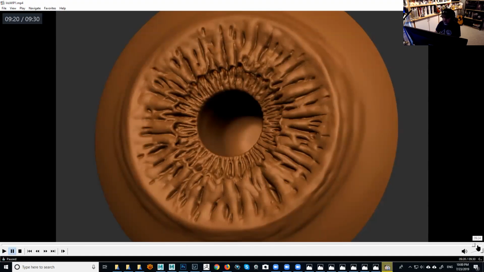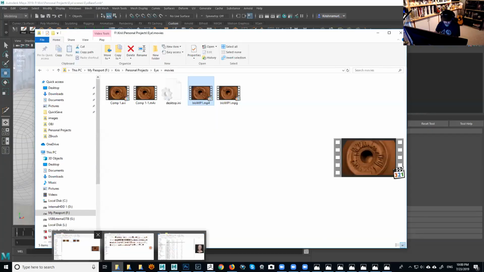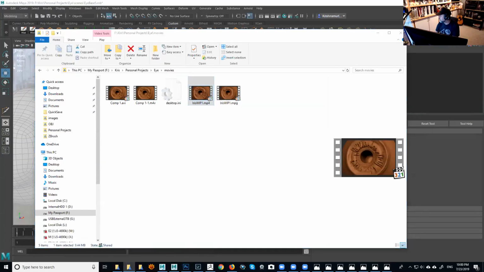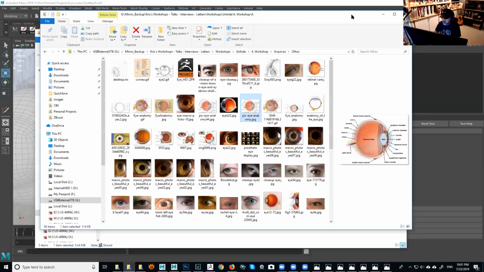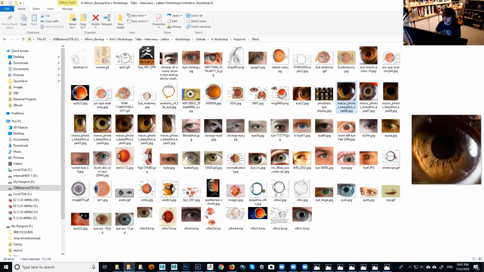But the thing is, you have to find a reference that you actually like, right? Not every single eyeball is going to be the same. Not every iris is going to be the same. So I have this folder here that I saved with a bunch of references for eyes. And for example, if you search Google for eyeball macro photography, you're gonna find a bunch of